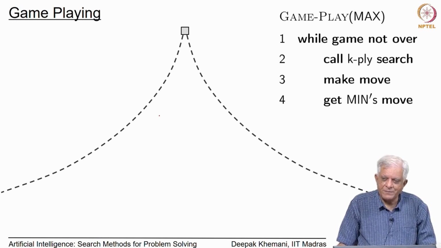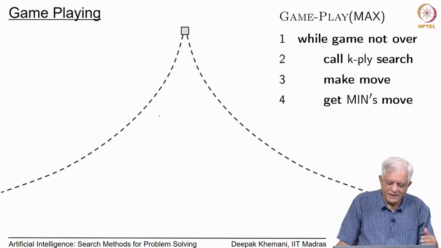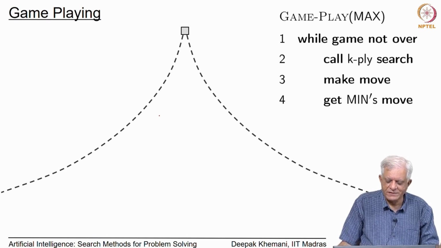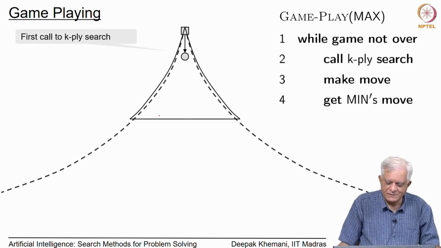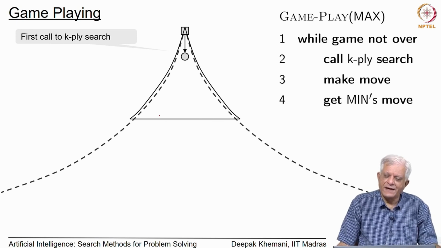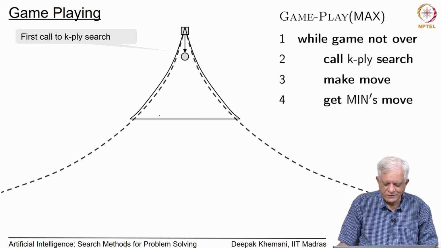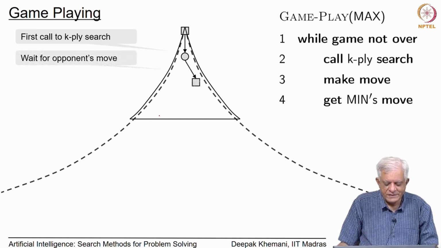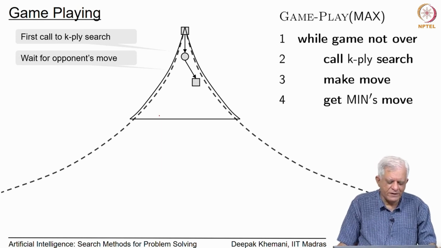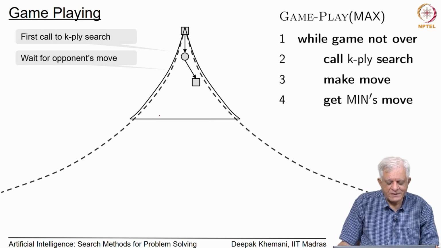So, the game playing proceeds as follows. This larger envelope that we see is the game tree, but we are not going to explore the entire game tree by any means. We are going to explore small portions of it up to a finite look ahead, and first, as we have just observed, call k ply search, and based on that k ply search we make one move. After having made this move, we wait for your opponent to make the move, and very often people try to figure out what to do in this time when you are waiting for the opponent's move, but we may get back to this a little bit later.